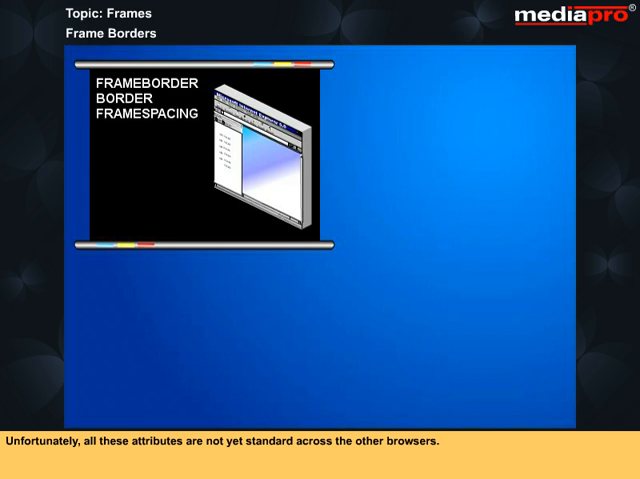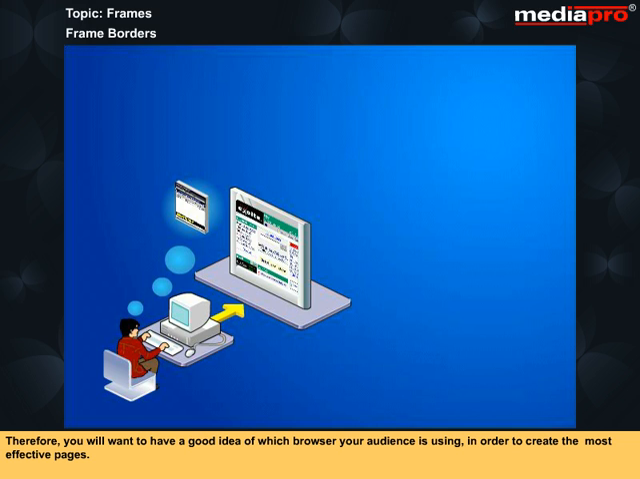Unfortunately, all these attributes are not yet standard across the other browsers. It is possible to write the tags so that the various browsers will interpret them the way you intended, usually. Therefore, you will want to have a good idea of which browser your audience is using in order to create